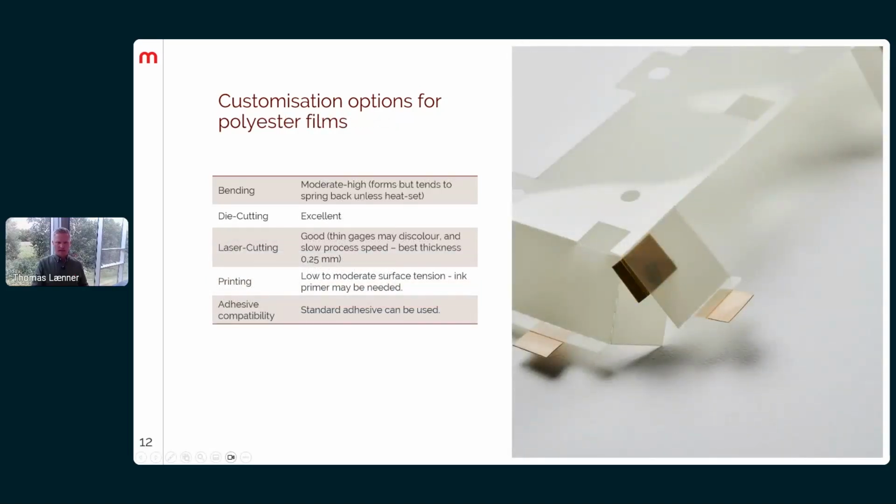For polyester, for bending, this has a moderate to high performance. It forms easily, but it also tends to spring back unless it's heat set. So we can also use heat to make sure that it stays in position. When it comes to die cutting, it's excellent. It also shows very good performance like the polycarbonate. For laser cutting, it's also good, but we have to be aware that thin gauges might discolor and slow down process speed. So the best and optimal thickness for us to process is the 0.25 millimeter, which is the one